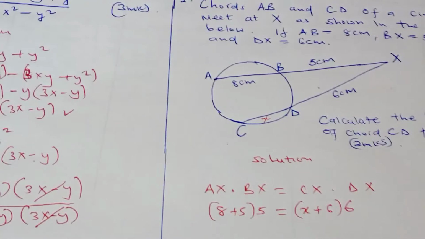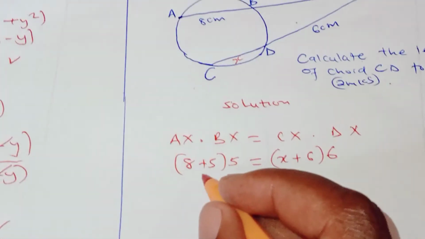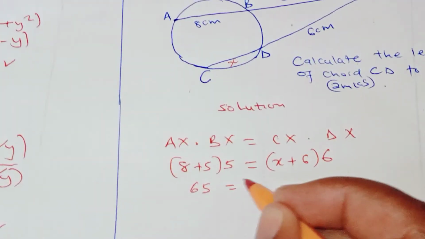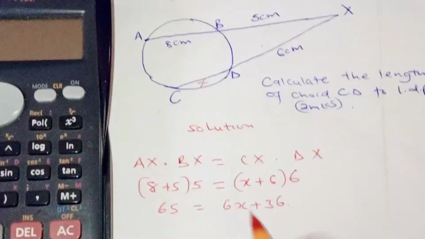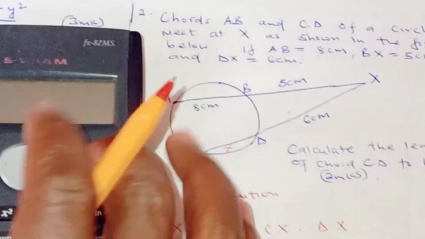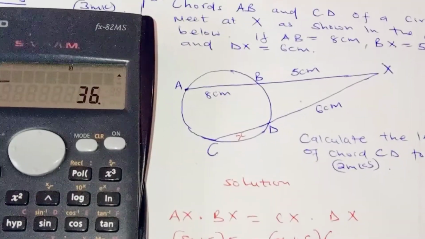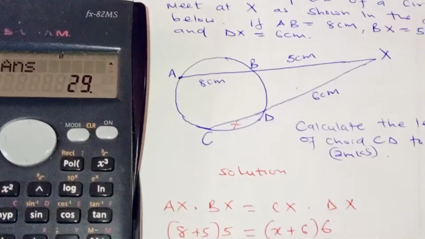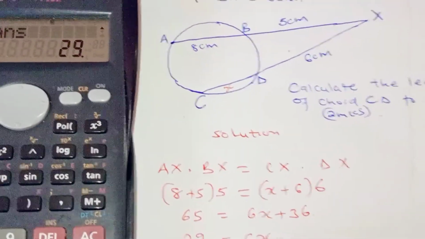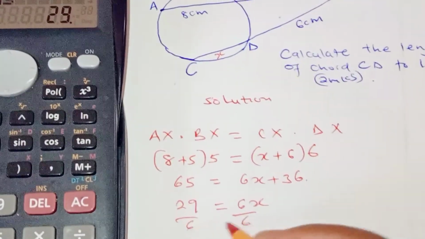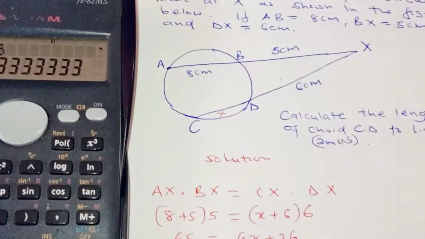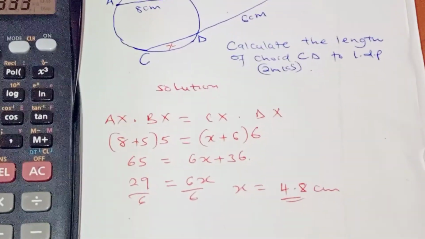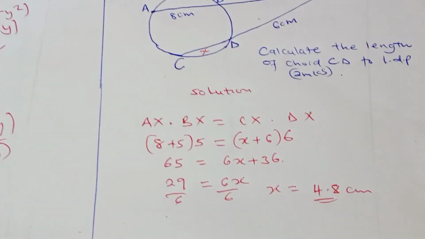Right? So you have 8 plus 5, that's 13, so 13 times 5, 65, equals 6x plus 36, all right? So you can bring that 36 to this side and subtract it from 65. So we have 65 minus 36, you get 29 equals 6x. Okay, so you can divide by 6, divide by 6, and x is going to be equal to 4.8 centimeters. That's correct to 1 decimal point. Right, that's very easy. So we have another situation where chords meet